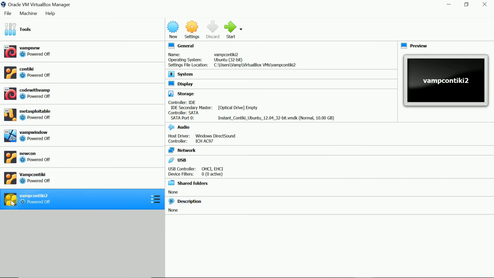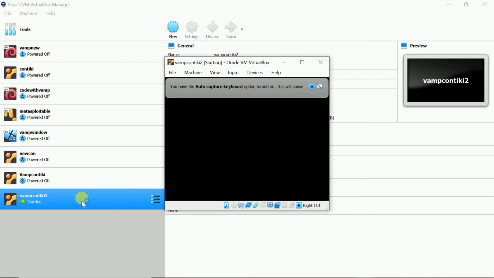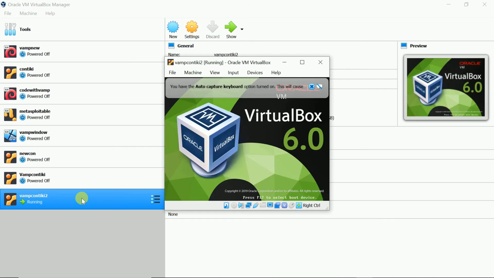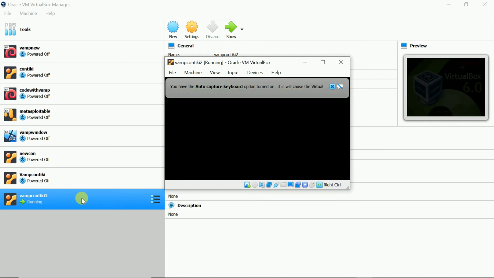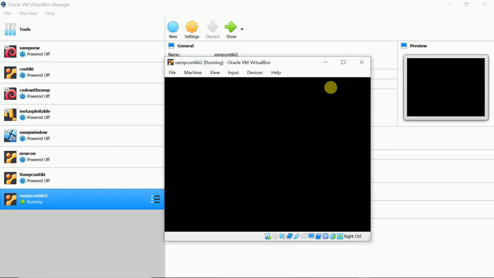You can see another tab here with the name of Contiki 2, and in order to start it, you just have to double click here. It's gonna start like a typical Ubuntu operating system.